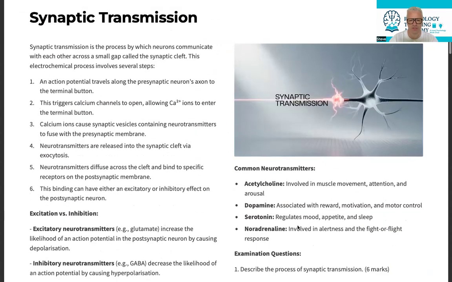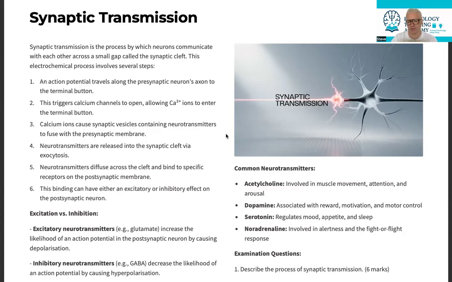When we look at synaptic transmission, once an action potential is fired down the axon, it will jump the gaps between the myelin sheath, and that's called the node of Ranvier. And it will jump that gap to speed up transmission. When it gets to the terminal button, which is where the vesicles are, it will stimulate those vesicles to move forward, and those vesicles will then fuse with the membrane and release the neurotransmitters across the synaptic gap.